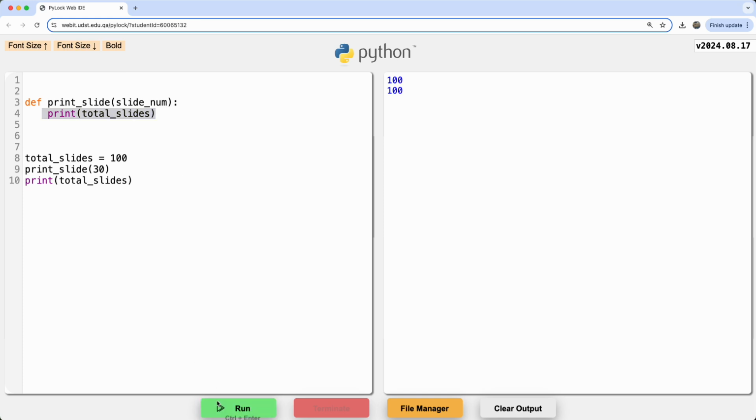Again, not because I want you to write code like this, but because you sometimes end up in a situation where somebody else is giving you some code and you have to fix it. Okay, so that's what it is. So if somebody gives you code with global variables,